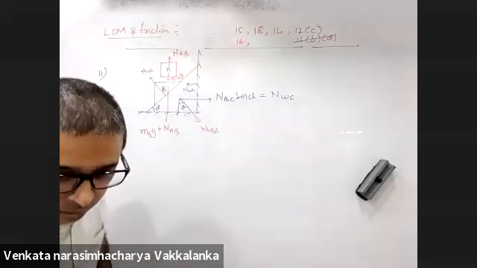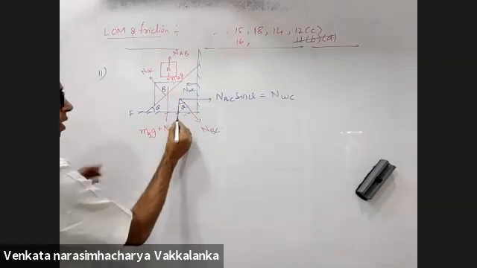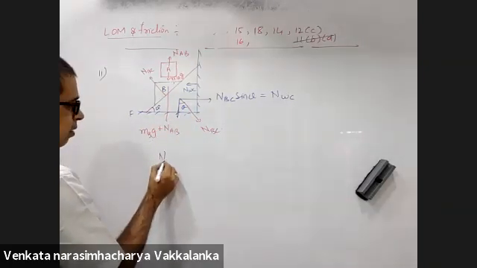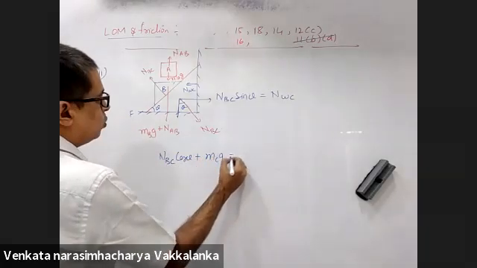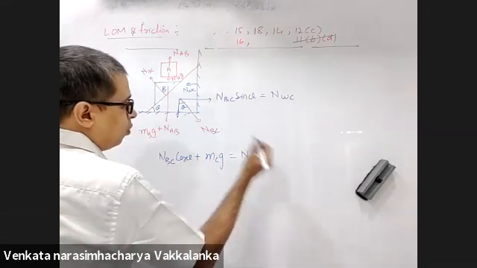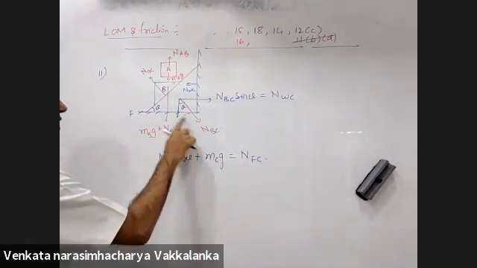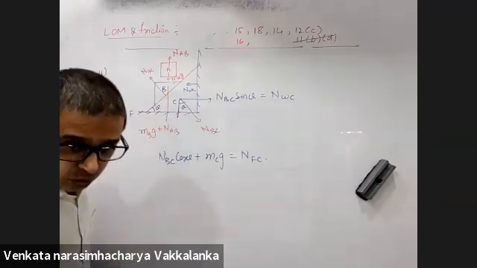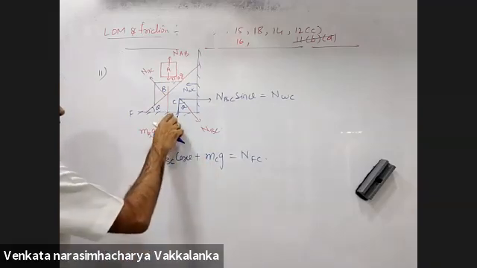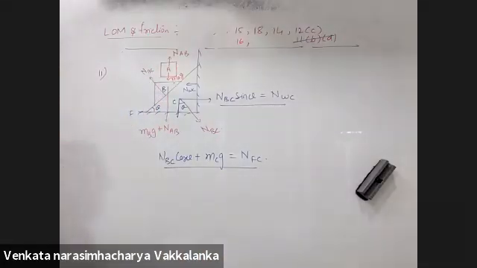Now I think the floor was also asked. The floor's will come, very easily, because NBC cos theta plus MC into G, normal force due to floor on C. NBC cos theta plus weight of this particular C, I'm assuming this is C, will be equal to normal force due to floor on C. One part is done here, one part is done here. Now watch out for this, something important.